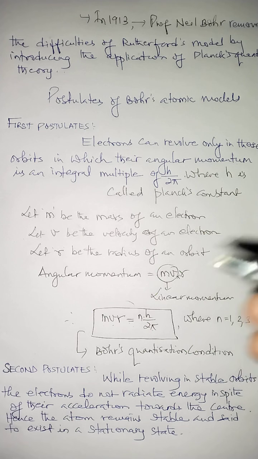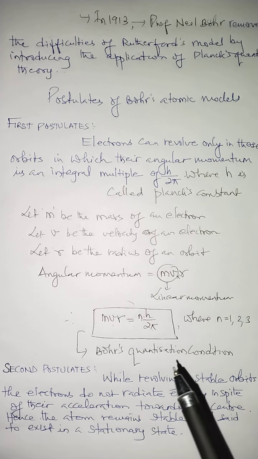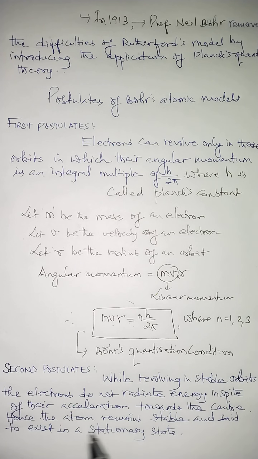the attraction exerted by the nucleus on the electron. That is called electrostatic force. But even then, the electron will not radiate any energy. That's why the atoms remain stable. When the electron does not radiate energy while revolving in a definite, stable orbit, that means the atom does not emit energy, and when it does not emit energy, then that atom is called stable. That's why the atom remains stable and is said to exist in